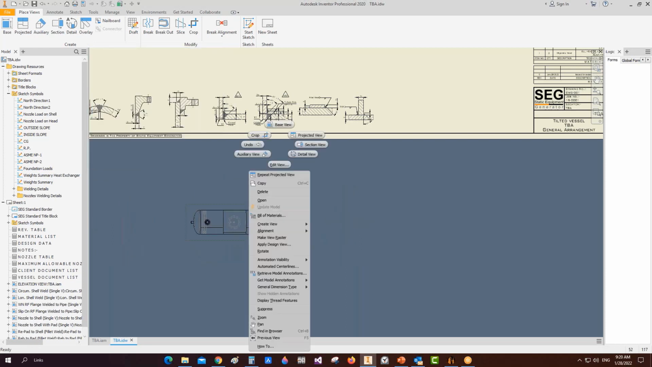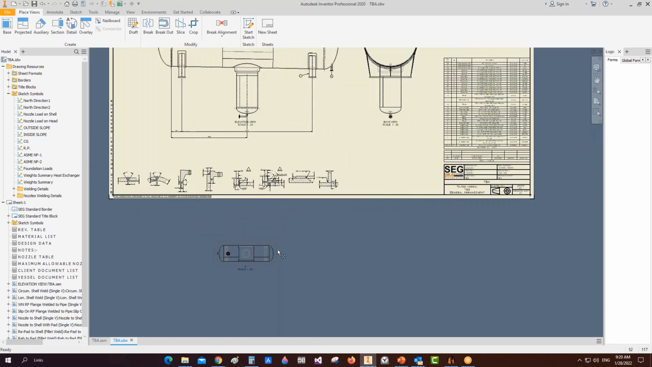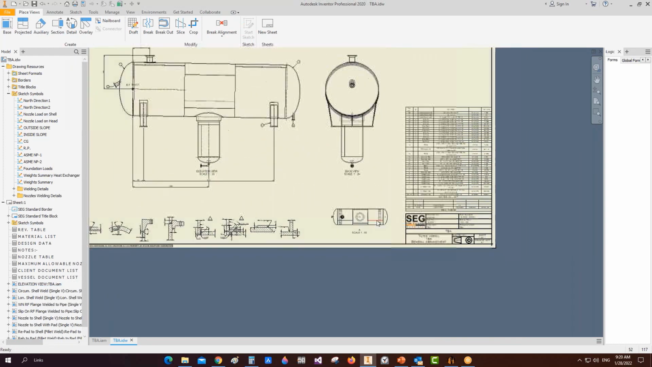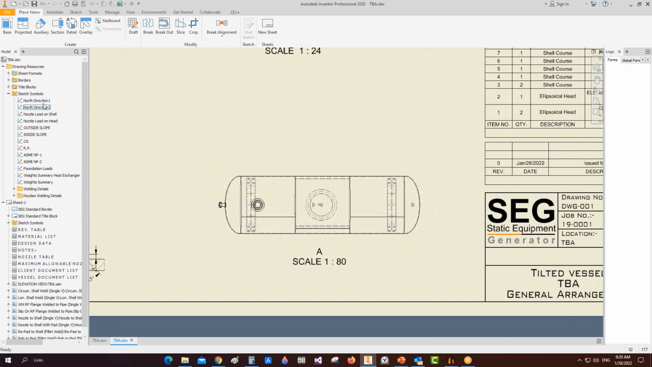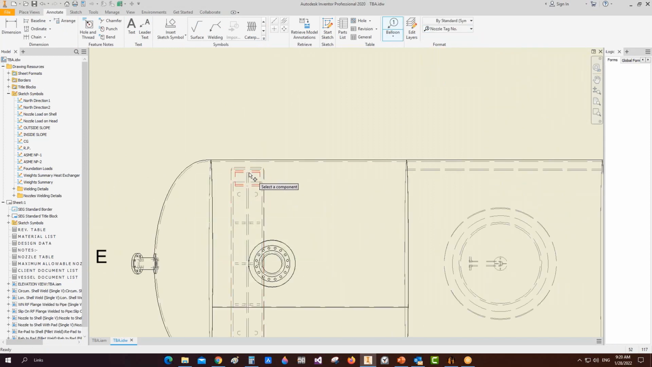Okay, and let's break the relation and let's move it here. Okay, and put that one like that. And that's the key plan. You can add a north direction like that to the key plan, and you can add the tag of the